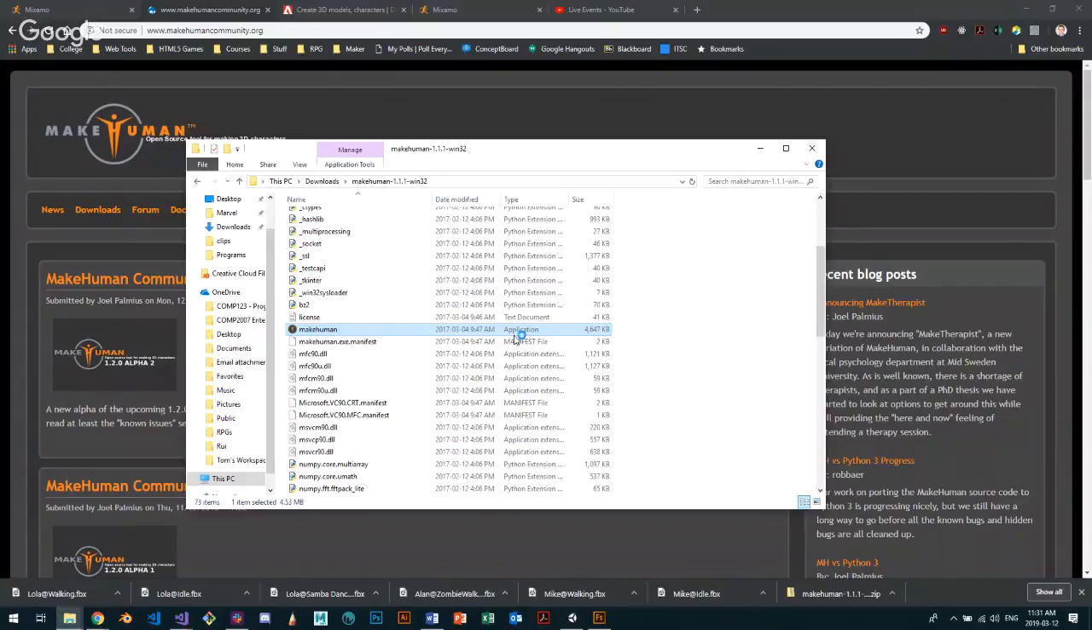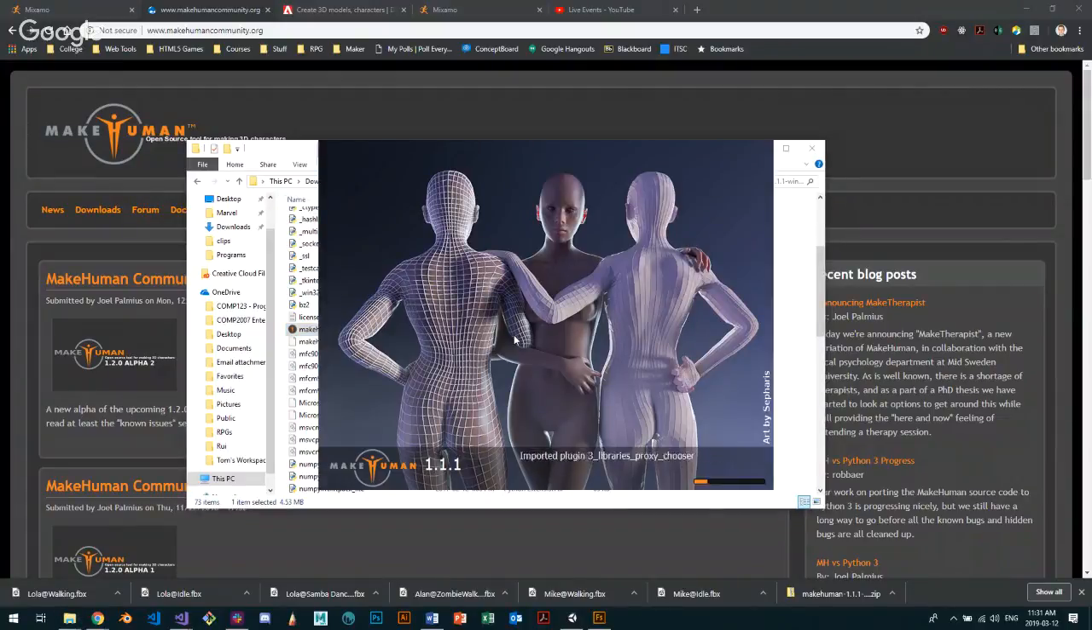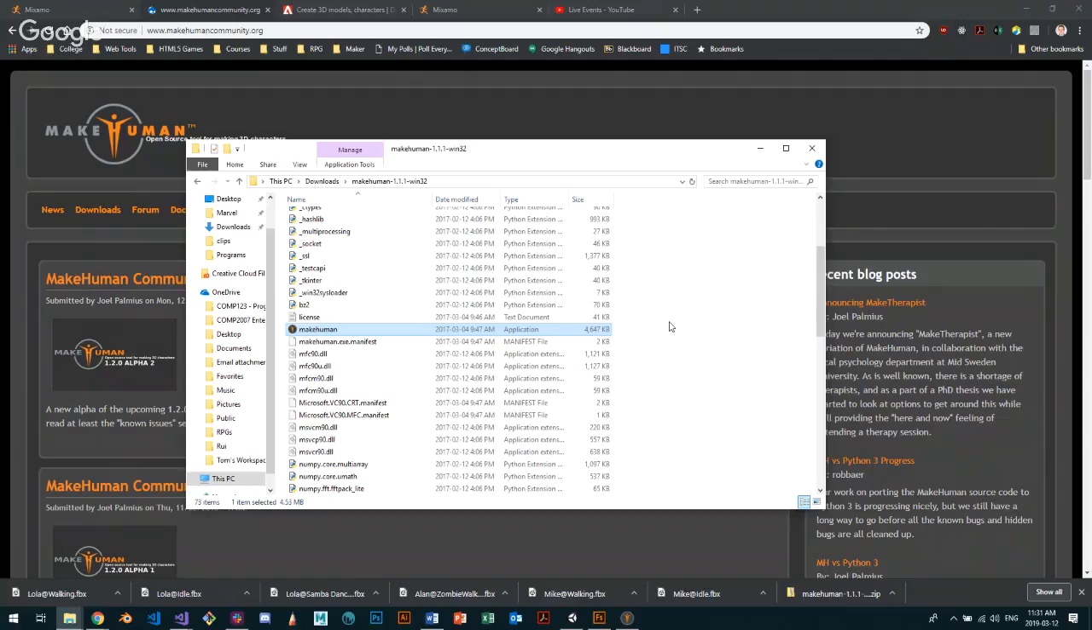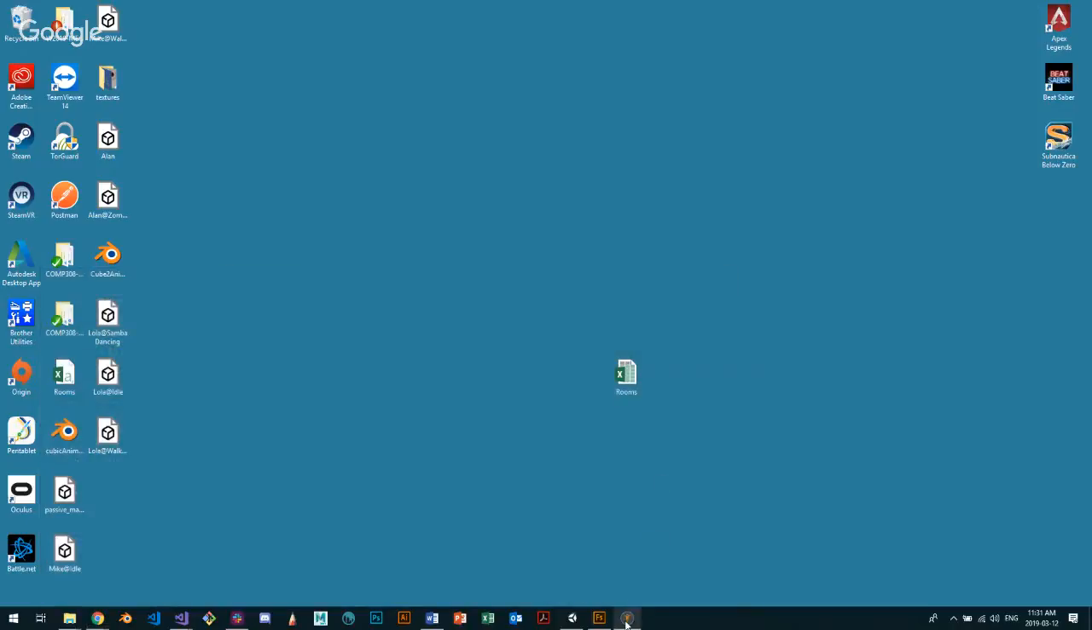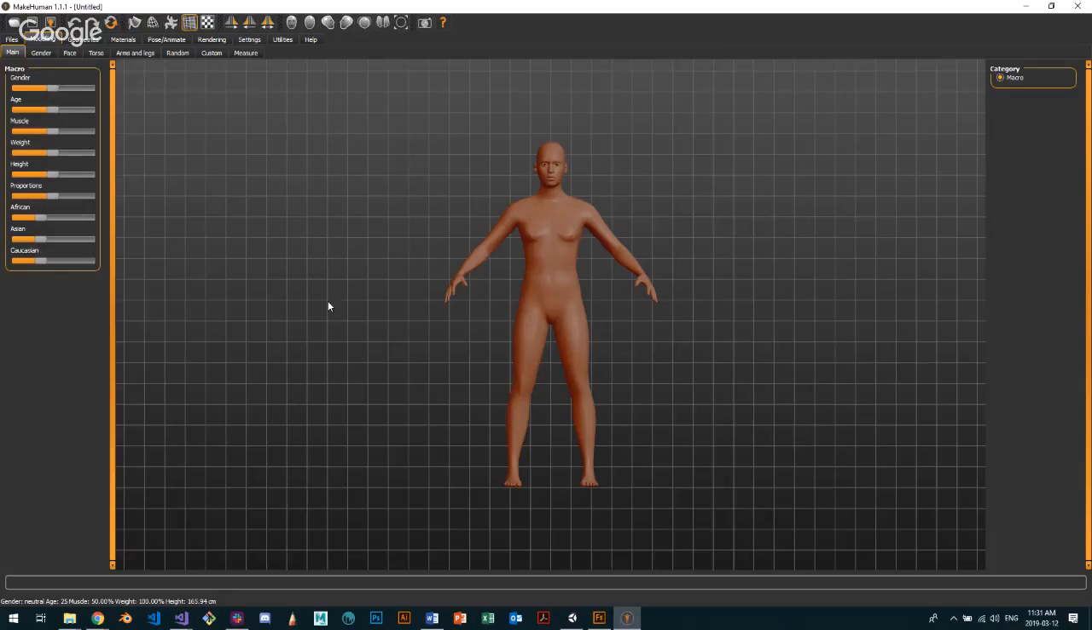If I double click on MakeHuman, this is what you get. They're not hot. They're just models, right? So here's a generic model. Now these models are anatomically correct, so to speak. They can be. So I want to make this a